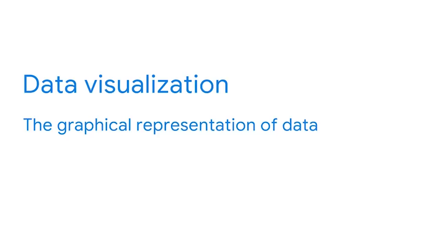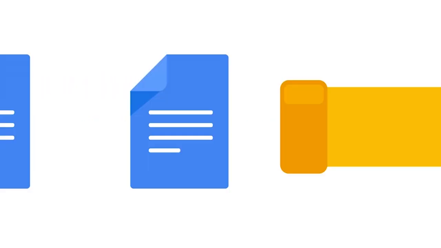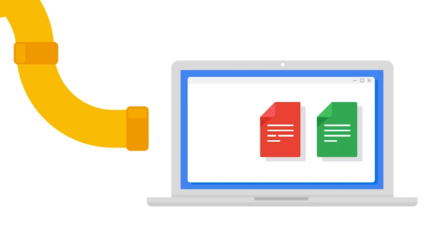Okay, now we've come to our third tool, data visualizations. You likely know that data visualization is the graphical representation of data. Some popular data viz applications are Tableau and Looker. These apps make it possible to create visuals that are easy to understand and tell a compelling story. This way, people who don't have a lot of experience with data can easily access and interpret the information they need. Think of data visualizations as the photos you share with friends and family after your train trip. The best ones are clear, memorable, and highlight the specific places you went, the important sites you visited, and the interesting experiences you had.